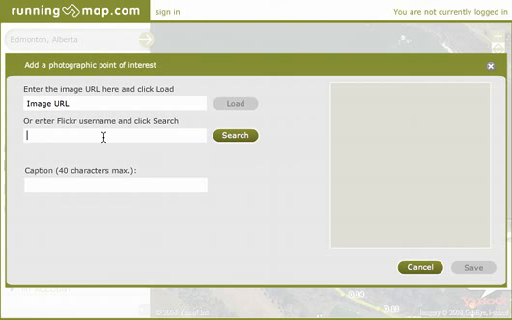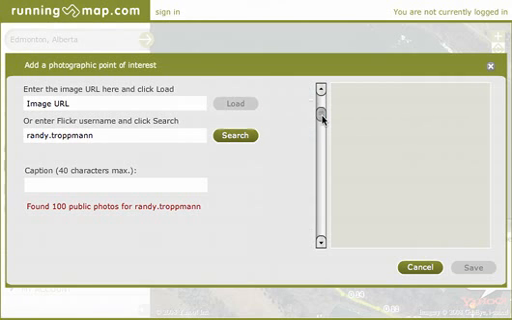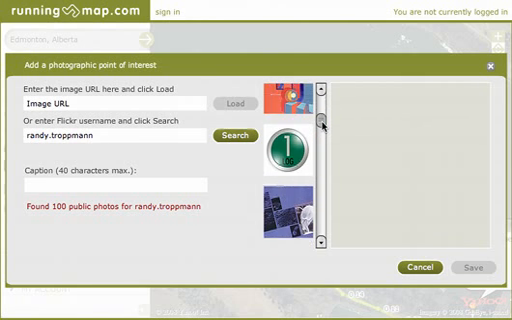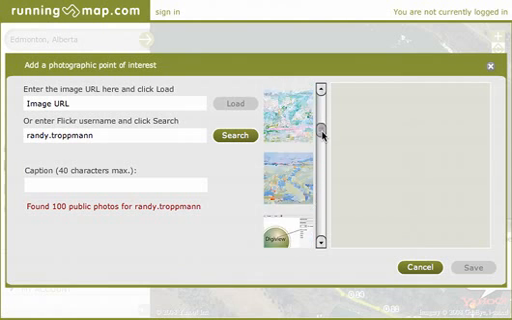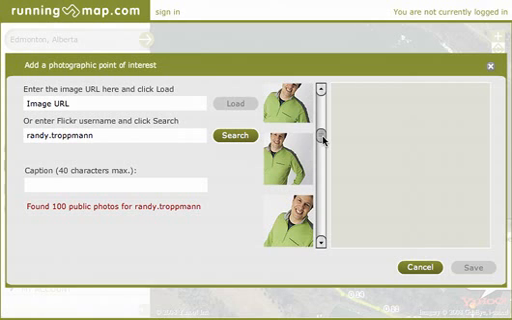And I'll just demonstrate using my account, so I'm going to put in my username for my Flickr account. Click search. Now it's going to search for all public photos in my Flickr account, and I get a list of them here on the side. So I'm going to scroll through this and pick one that seems appropriate,